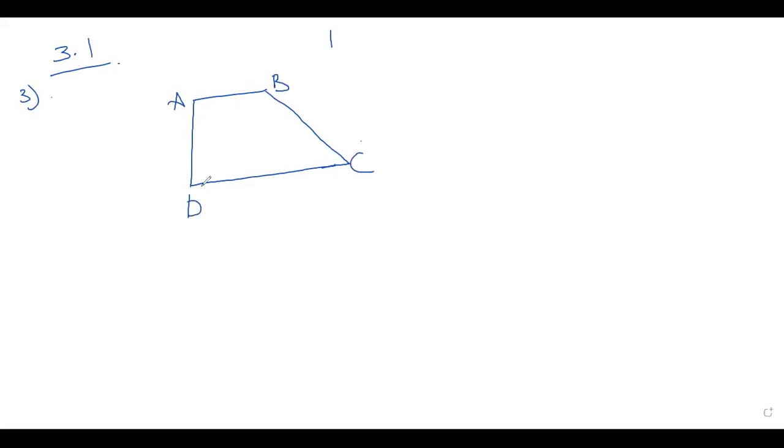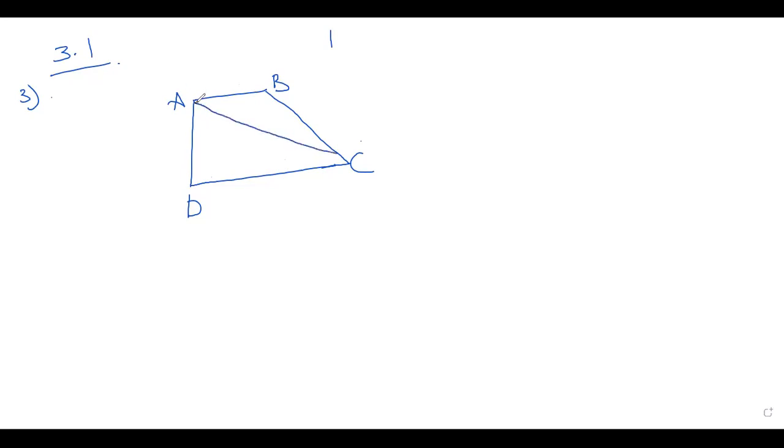So it is 3.1. Third question. I will draw a convex quadrilateral A, B, C, D. What is the sum of the measures of angles of a convex quadrilateral? So I will draw a